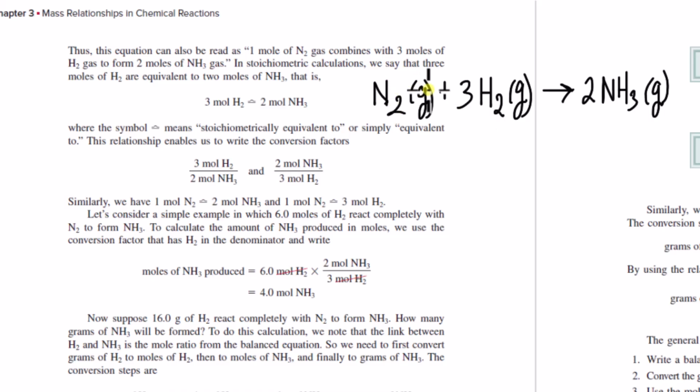So for every 1 mole, or you could say for every 1 N2 molecule consumed, 3 H2 molecules or 3 moles of H2 molecules are consumed, right? We just stated the stoichiometric equivalency between the two reactants. Or for every 1 mole of N2 molecules consumed, 2 moles of NH3 molecules are produced. If there was some other product, you could state stoichiometric equivalencies between the reactants and the products, or between the